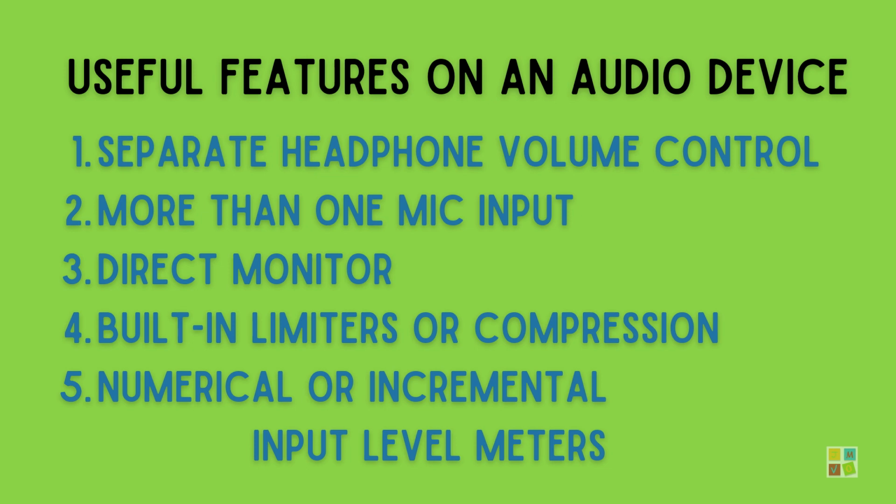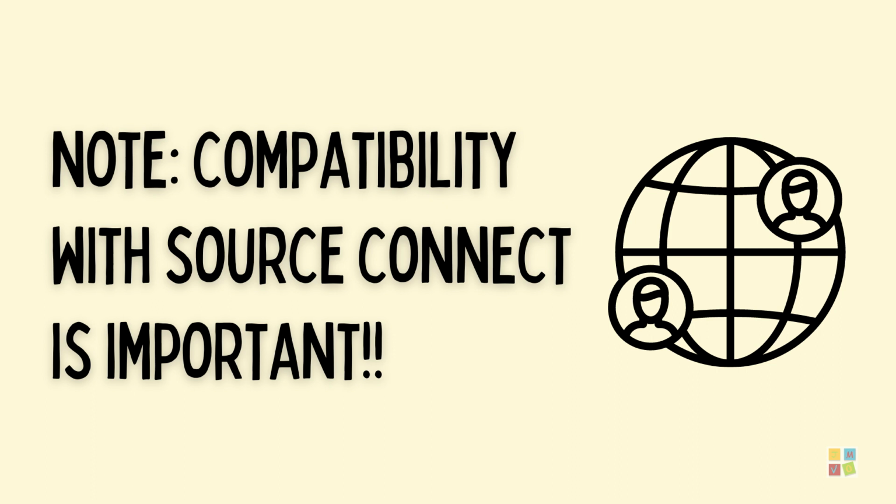I prefer input level controls that have numerical readouts, either on the device or in its software, or at least increment markings, so I can set a consistent level between sessions. But this feature isn't always included with some equipment, and in those cases, you just have to learn to eyeball it. Another thing to be aware of is compatibility with Source Connect, which is the most popular software right now for connecting your studio with another studio to do remote recordings, though other solutions are gaining ground right now. I used a Universal Audio interface a couple years ago, which I really liked, but it just didn't work with Source Connect. So, do some research before you buy if that's a concern.